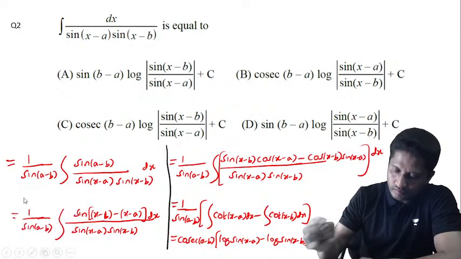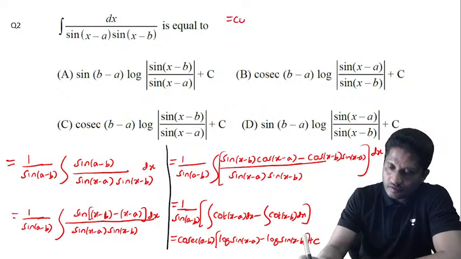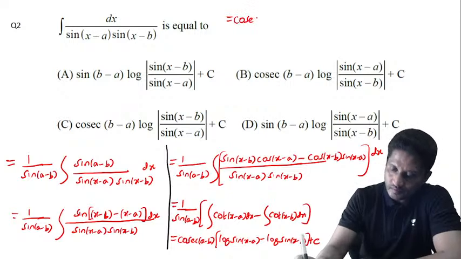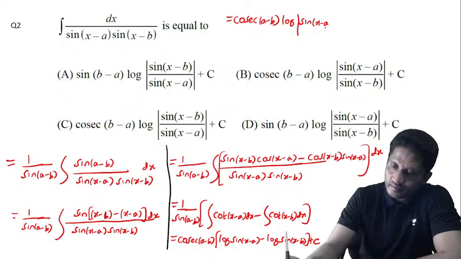So this would equal to cosec of a minus b, log of sine of x minus a divided by sine of x minus b,